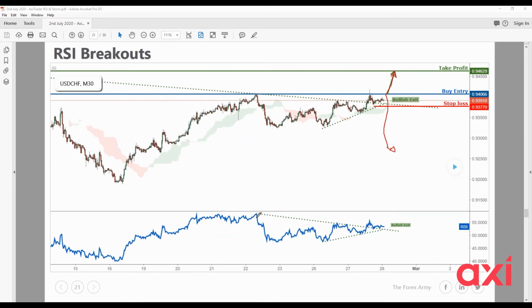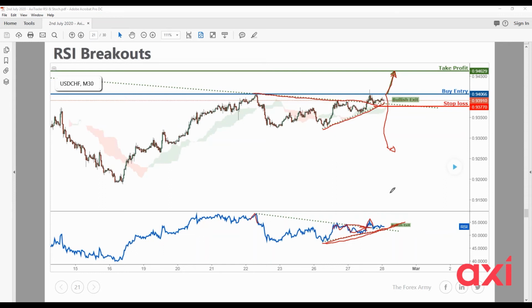It's because we can see that RSI has one level, two levels, and our price has been holding very nicely, the same way RSI has been holding very nicely. RSI has started to break out of this descending resistance. At the same time, there's a nice ascending support forming for RSI. So not only is it breaking out of this level, but there's also a nice ascending support. That to us is a confirmation that if price is doing the exact same thing, we can expect